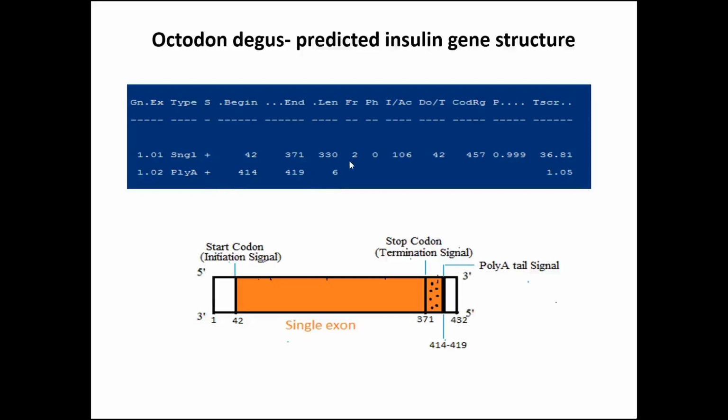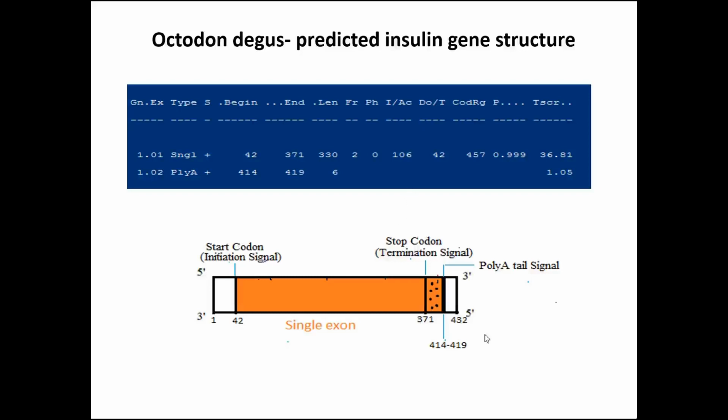The first exon is predicted in frame 2 and phase 0. Phase 0 indicates that all the nucleotides in this exon form codons. As this is a single exon gene, this score belongs to the initiation signal and this score belongs to the termination signal. The initiation signal score is very high, meaning an excellent prediction, whereas the termination signal is a little weak. Next, the coding region score is very high, indicating an excellent prediction. The probability is more than 0.95, so this exon prediction is reliable and accurate.